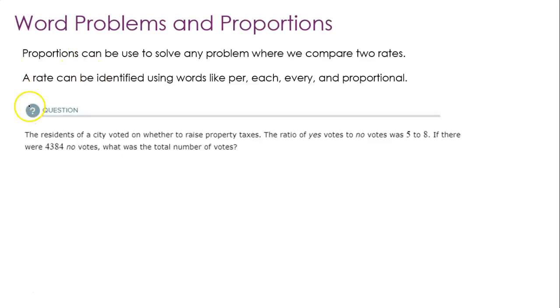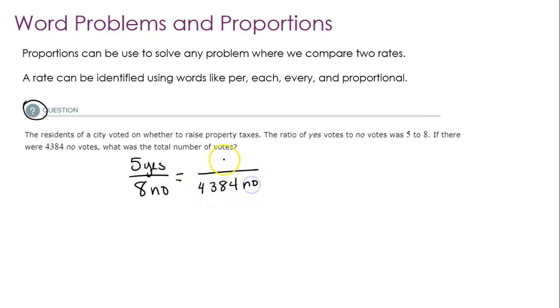You pause the video and try this one on your own. You should have noticed that you had a ratio here, that the ratio of yes votes to no votes was 5 to 8. So for every 5 yeses, there were 8 noes. So there were more noes than yeses. That doesn't mean there's only a total of 13 votes, though. That means if I were able to split the votes up into equal groups, each group would have 5 yeses and 8 noes. What I actually have is